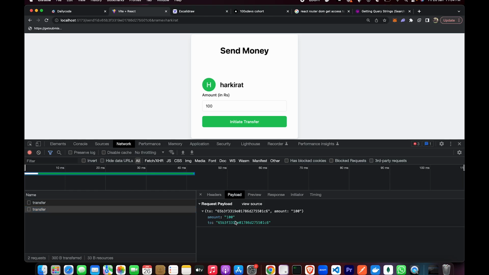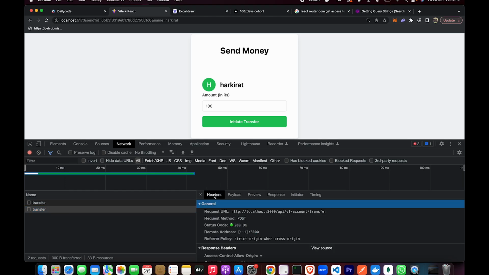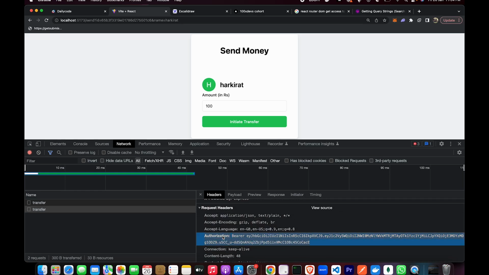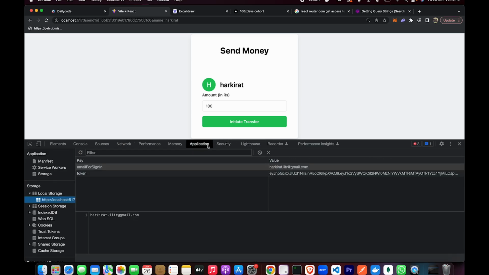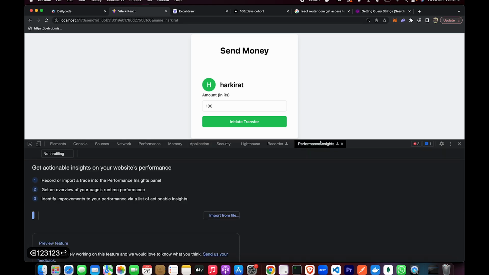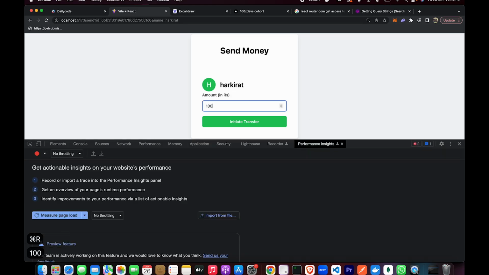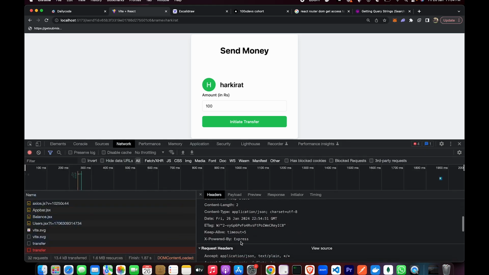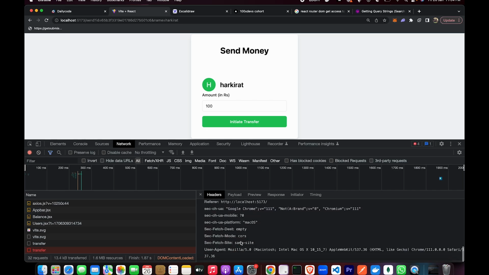It says transfer successful. The payload was amount this to this, and the header did have the authorization header, which is exactly what we wanted. Sent. This value is the same as the value present in local storage right here. If I change this value to something random, let's say 123 and save it, and now if I try to send the same request, you will see the request fails because the backend doesn't know what